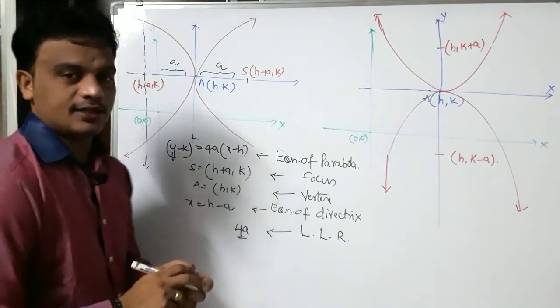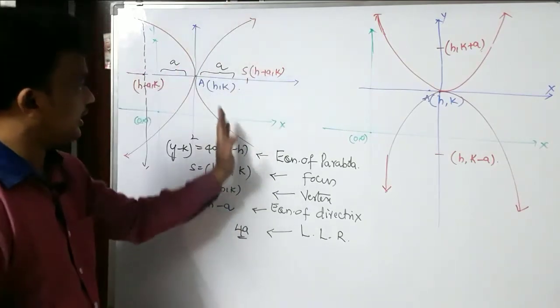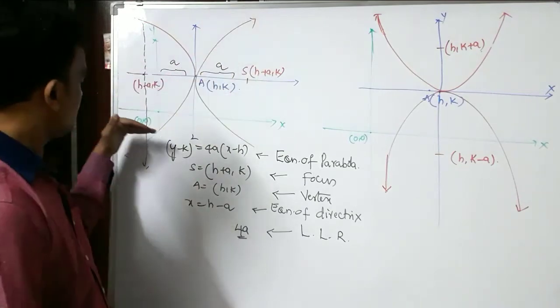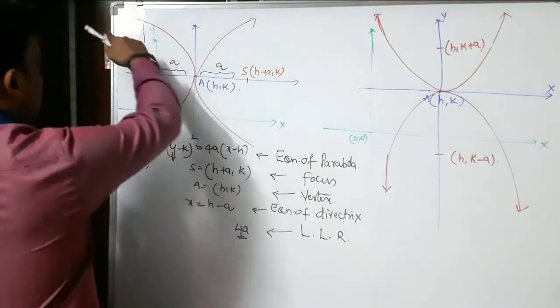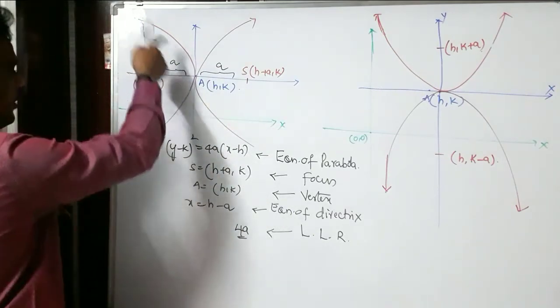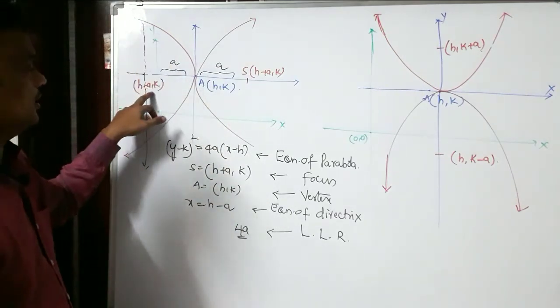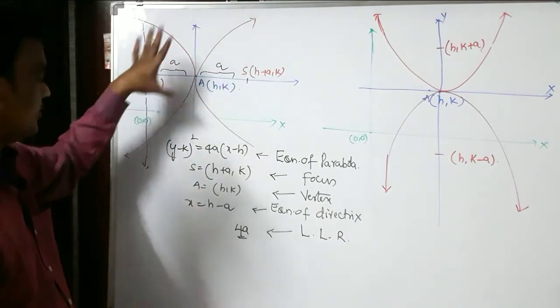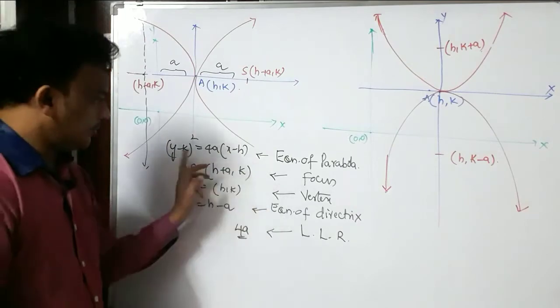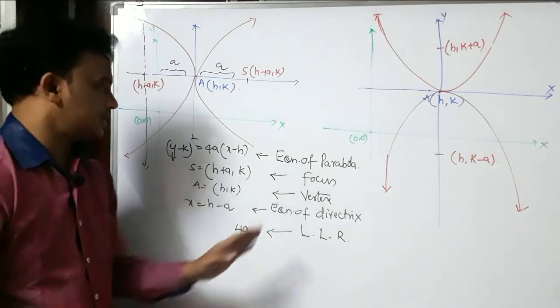Okay, I discussed the right-handed side parabola when the origin is shifted to the point h comma k. Then what becomes of the left-hand side parabola? For the left-hand side parabola, this will be the focus, and here you will get the directrix. And the length of latus rectum will be the same. We are going to get the same equations, but let us see.